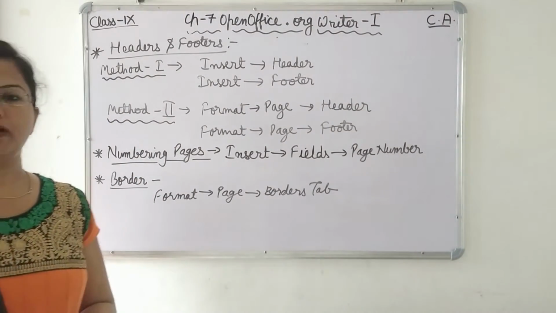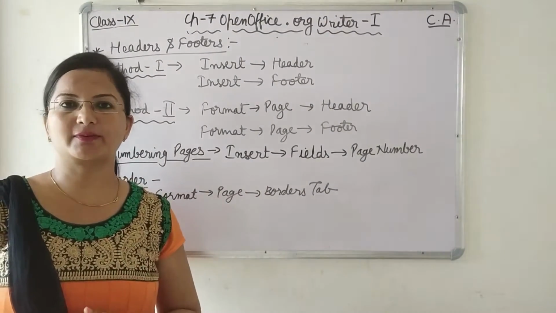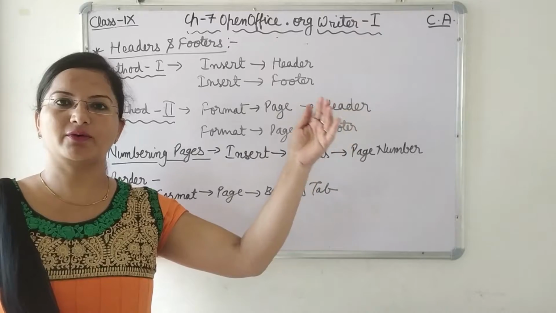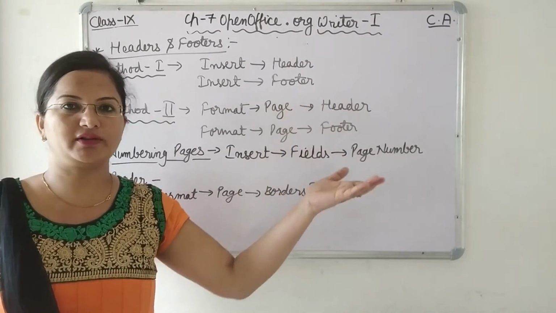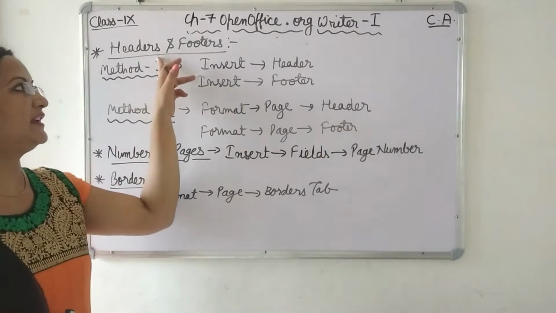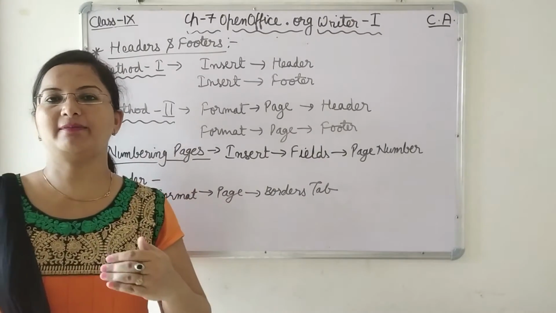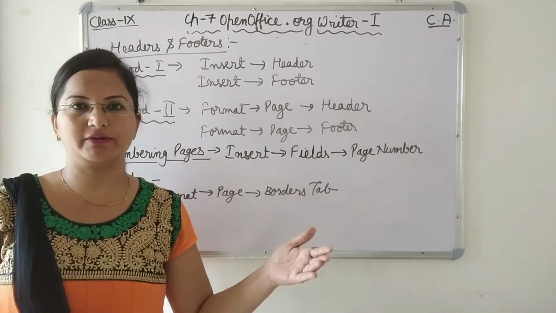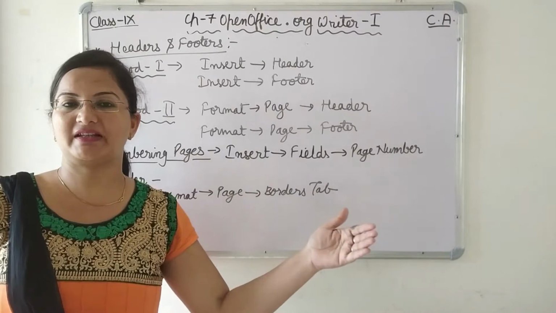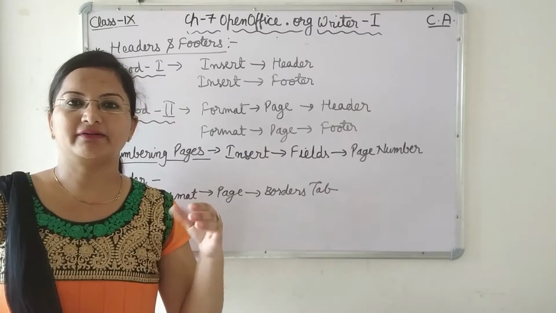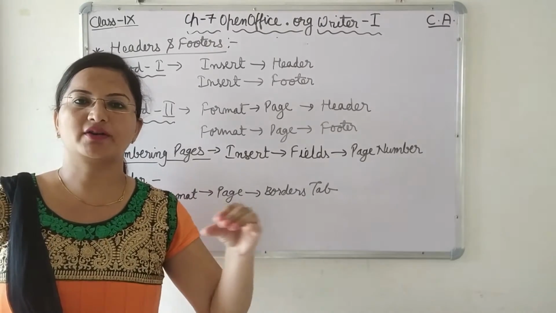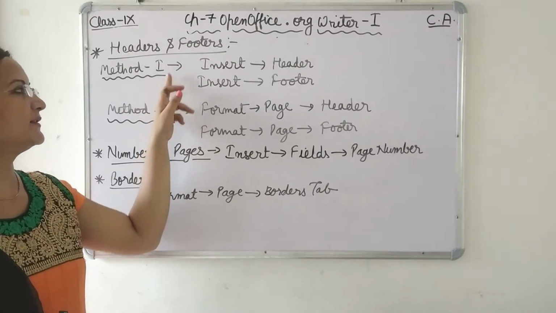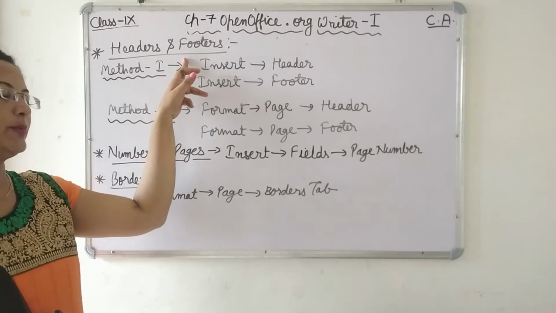Headers and footers. Many of the books you might have seen, or in your textbook also, at the top there are some text, images, logo, page number etc. repeating in all the pages. At that time we can set a header, and the same thing can be written in the footer also. That means at the bottom of the page, which will be common for all the pages. You might have seen page numbers repeating in all the pages. Then there will be a chapter name or something like that, or a quotation repeating in many pages. At that time you can use the headers and footers facility in OpenOffice Writer.